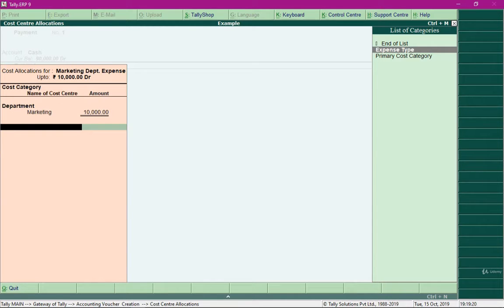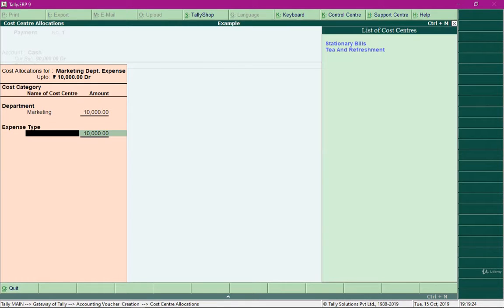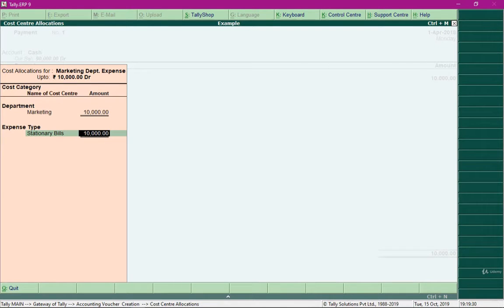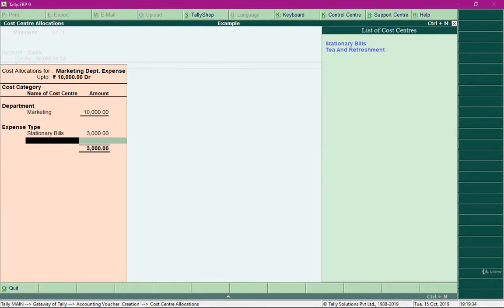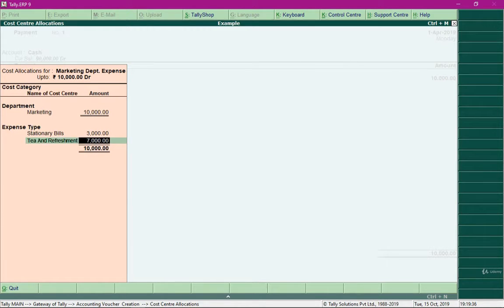So let me select the cost category expense type over here and press the spacebar key, and I will allocate my expense towards stationery bills for rupees 3000 and towards tea and refreshment for rupees 7000.